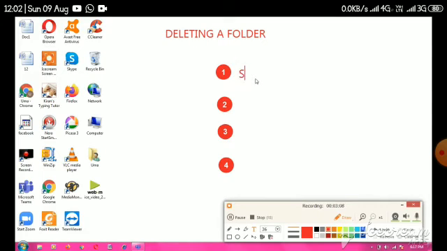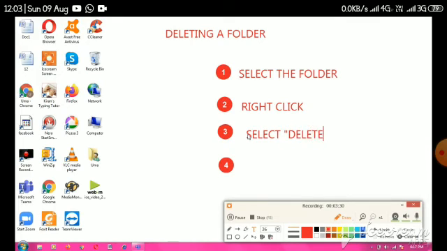Select the folder, step-wise procedure. First one, select the folder which you want to delete and right click. Select the delete option from the shortcut menu.